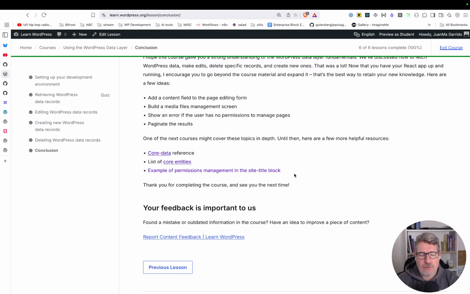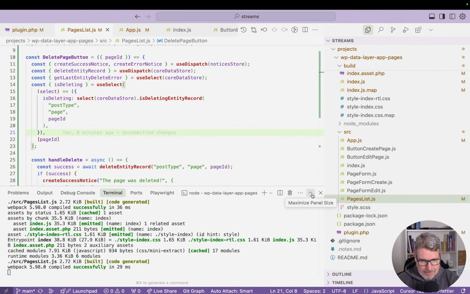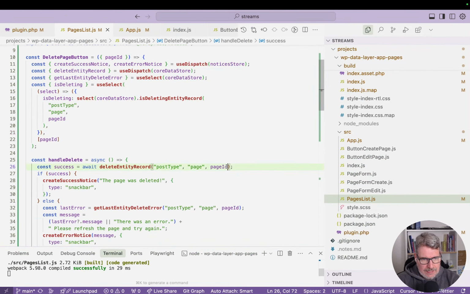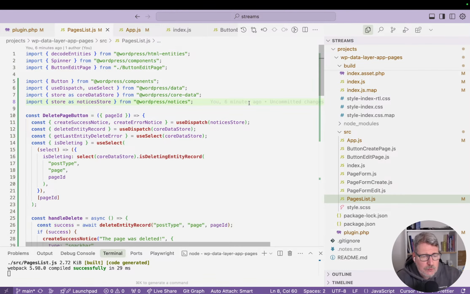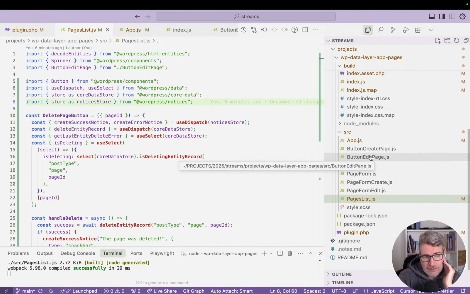But for now, there are two things pending. The first one is to organize the code. I want to do that first, so then we can commit. And what I like to do is to have the different React components in different files. So we have button create page, button edit page, and then I'm going to create a